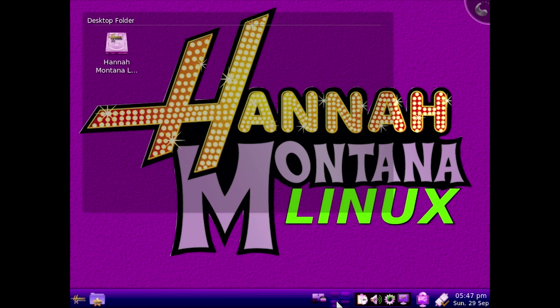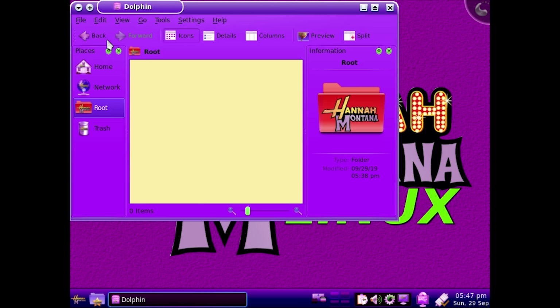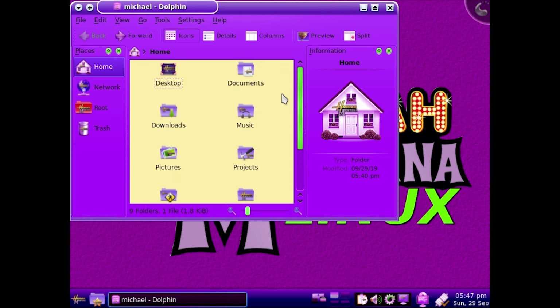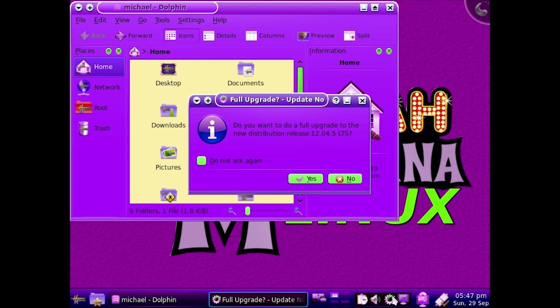You do have multiple monitors. That is definitely a very nice feature. So we can go to monitor number 2 here, or monitor number 1 where I have this window opened up. And in your system tray right here, you have Klipper, which is a clipboard tool. You have your audio slider right here to change your audio volume. You can choose to update to Kubuntu 12.04.5 LTS, which is not the latest version, but honestly, you could